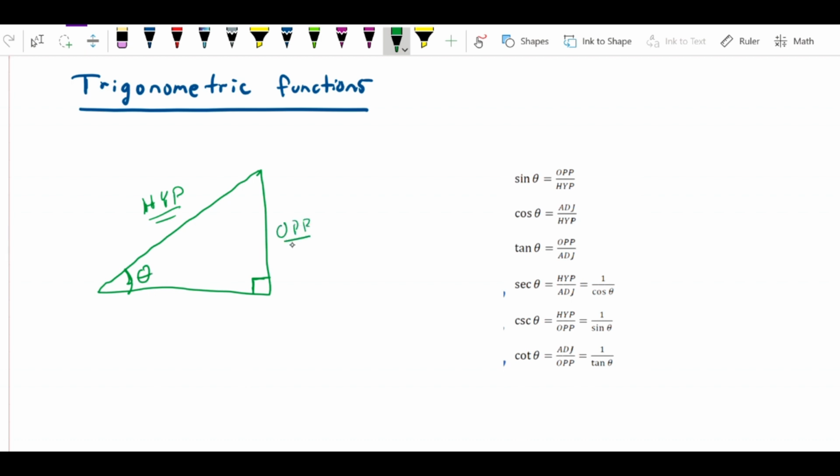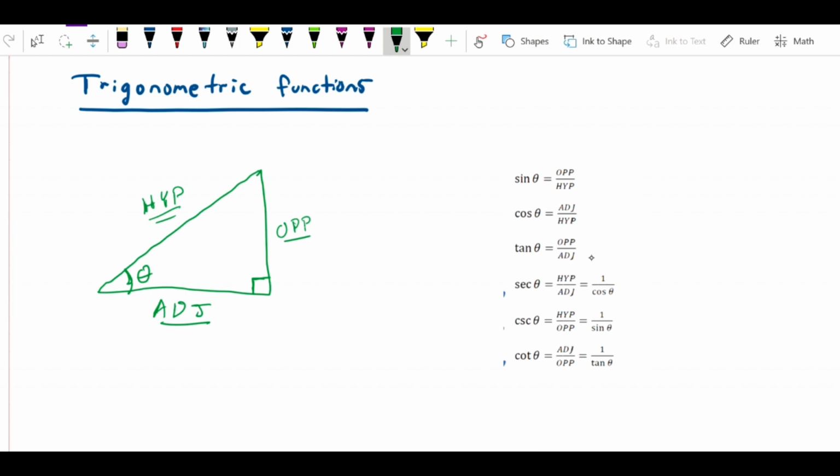side because it's opposite the angle theta, and we refer to this side as the adjacent side because it's adjacent to the angle theta. So we have the six trigonometric ratios based on combinations of these different sides. Excuse me, let me write that a little bit better, op for opposite. So what we know is that sine is opposite over hypotenuse, cosine is adjacent over hypotenuse, and tangent is opposite